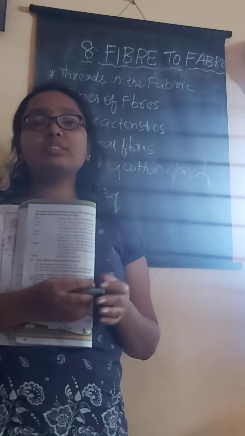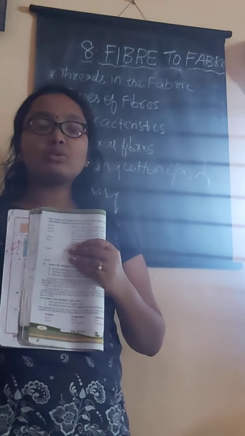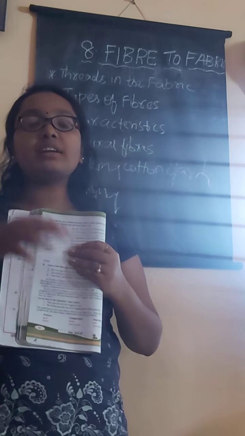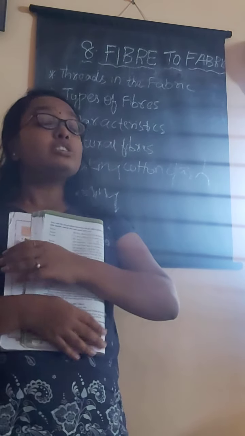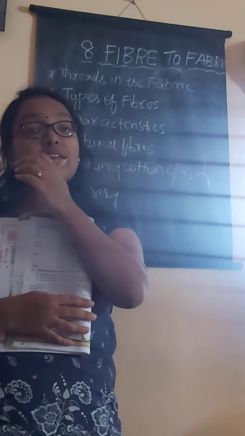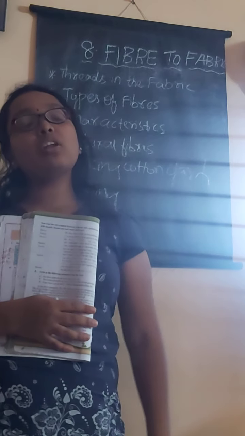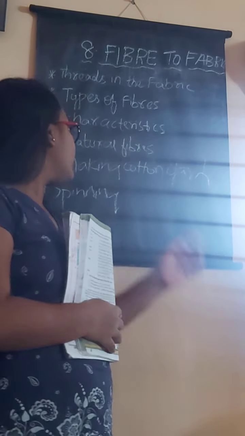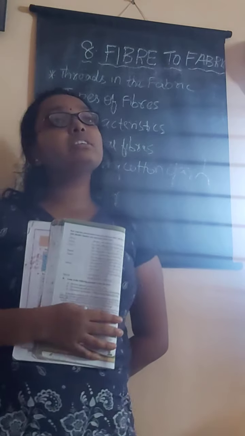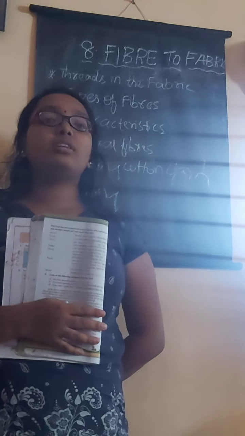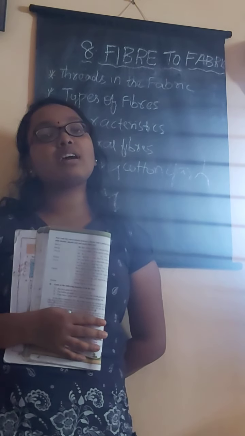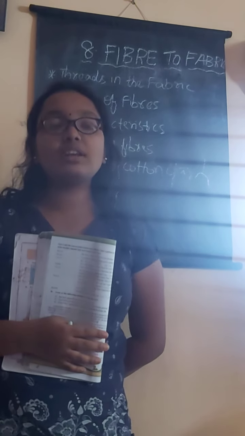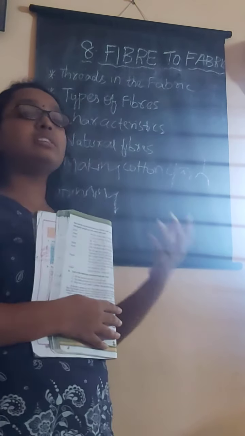For example, nylon cloth is artificial. It is soaked in some chemicals and dye is applied so that it becomes artificial cloth. Natural as well as artificial cloths are available in the market. If we burn artificial fibers, a pungent smell comes. By that we can identify what is natural and what is artificial.